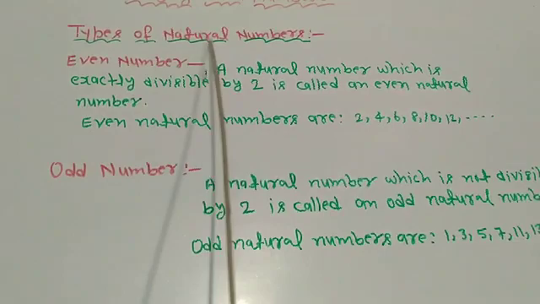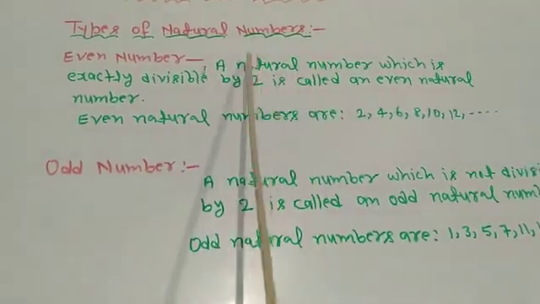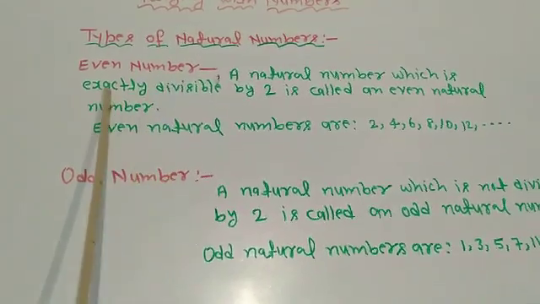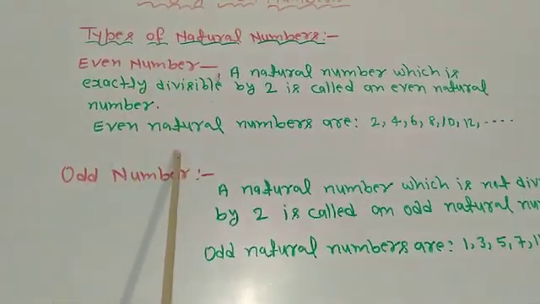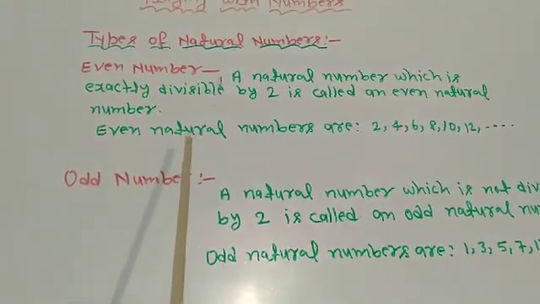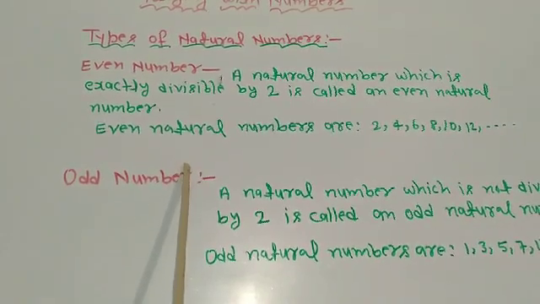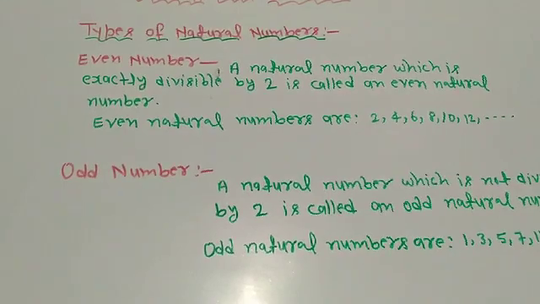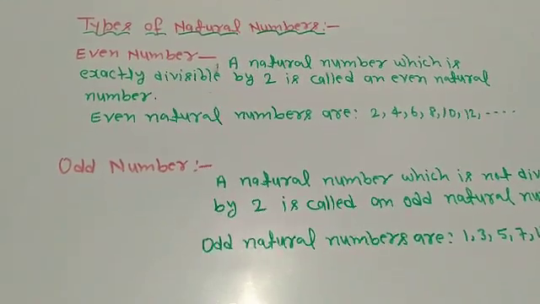Types of natural numbers. In types of natural numbers, first we discuss even numbers, after this odd numbers, and prime, co-prime, twin prime numbers, prime triplets, composite numbers, perfect numbers. Okay,